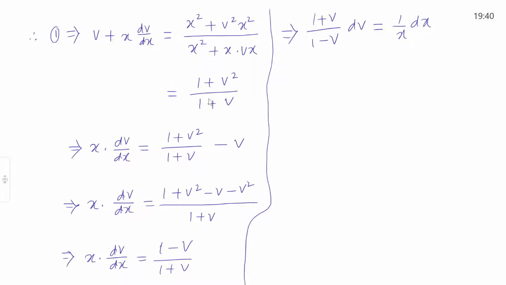There is nothing special to do, just integrate; once we integrate we will get our answer. So this implies integration of (1 plus v) divided by (1 minus v) dv is equal to, on the right hand side, integration of 1 by x dx plus a constant of integration. It does not matter whether we take it on the left or right; I have taken c1 plus c1. It is just simple integration, so this implies